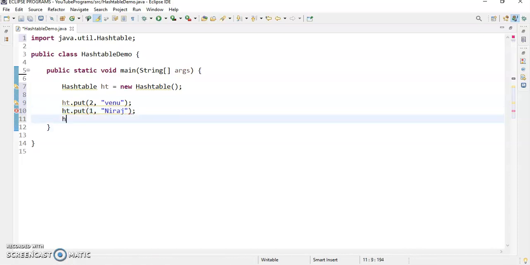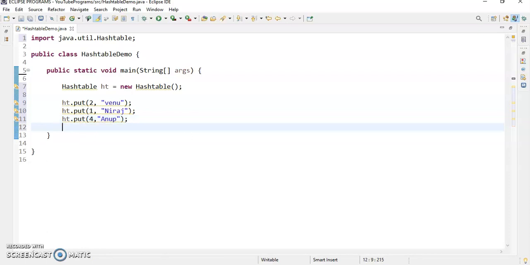Fine. Enter one more name, ht dot put, suppose I want to take the key as 4, any key just for demonstration purposes, comma, and the value Anup. Fine, so I have entered 3 key-value pairs onto the hash table.